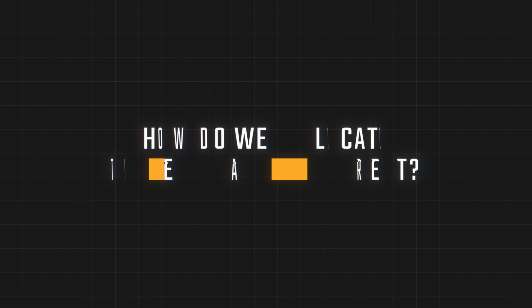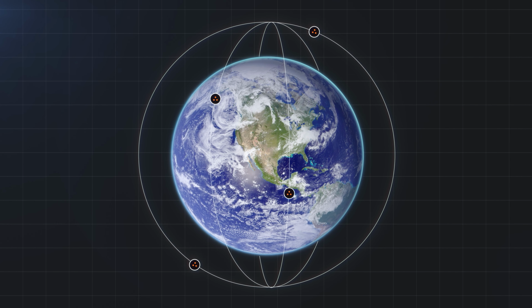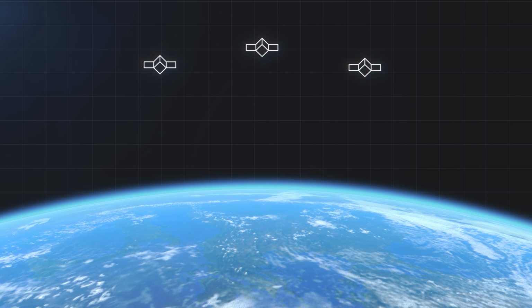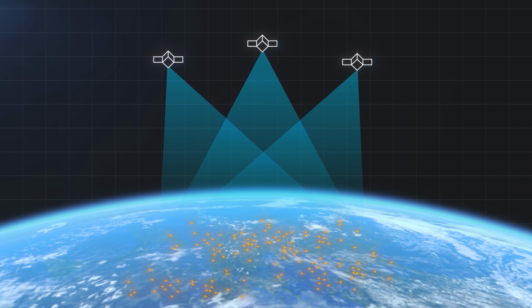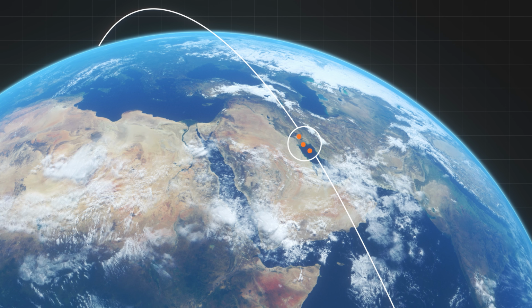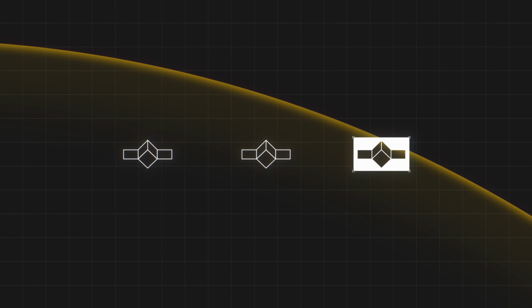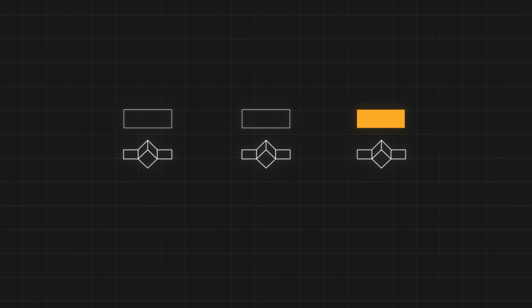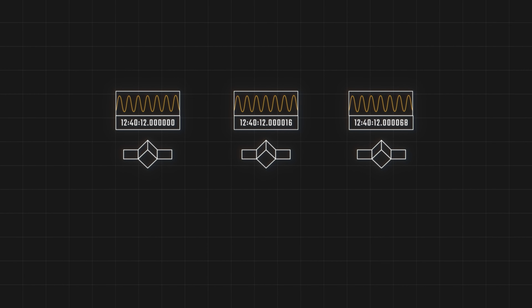So, how do we geolocate these signals of interest? We use clusters of satellites rather than planes, drones, or land-based collection systems, so we can observe thousands of kilometers of Earth's surface at a time, or entire regions of the world. Our clusters fly in triangular formations in low Earth orbit. As each satellite passes over a signal, it records details about that signal's waveform, such as what part of the radio wave hits the satellite and exactly when it hits the satellite.